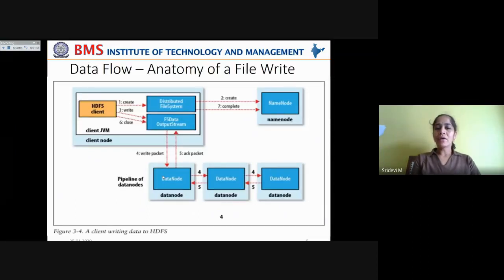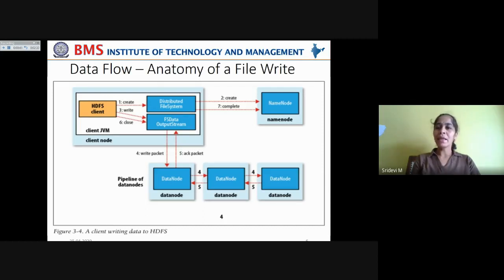Now, when all the data is written onto the data nodes into the file, after the write operation is completed, the HDFS client calls a close method on the DFS output stream. When the close method is called on this DFS output stream, it flushes all the remaining data packets from the data queue, and when the acknowledgement is returned to the acknowledgement queue, even the acknowledgement queue is flushed out completely.